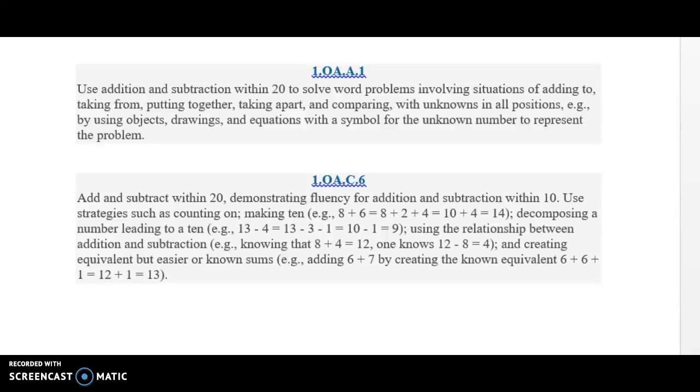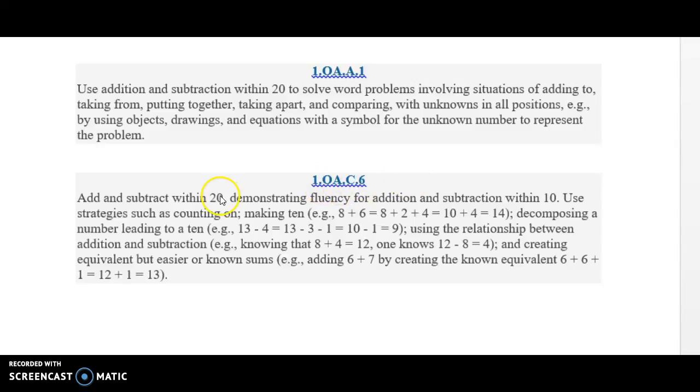Alrighty, so for my project, I decided to go with first grade standards. So right here, use addition and subtraction with 20s to solve word problems involving situations of adding to, taking from, putting together, taking apart, and comparing with unknowns in all positions. And the other one that I used was